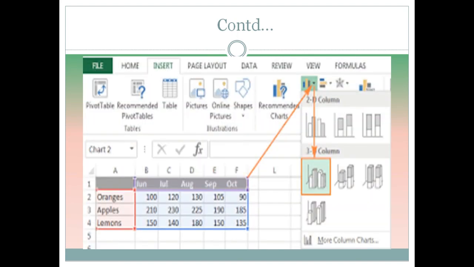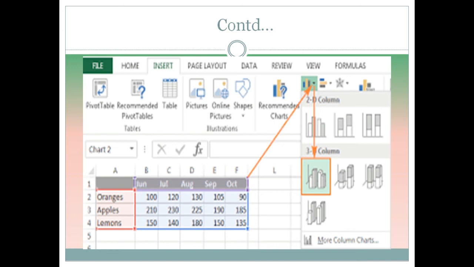Let's do the graphical part of chart insertion. That is, in this diagram we can show that first we have to select the values, then we have to click on insert, then we have to select the type of chart, and then only we will be able to show the chart on the screen of the values which we have selected.